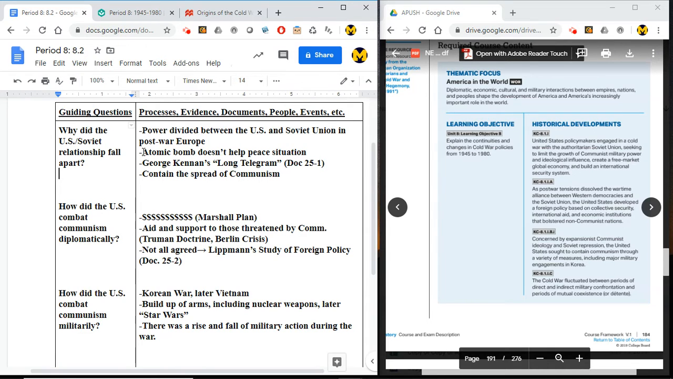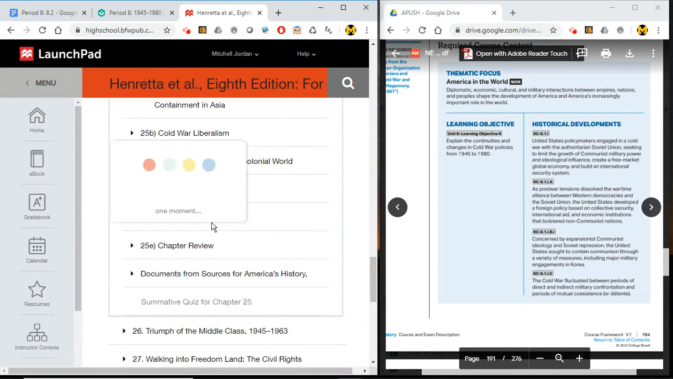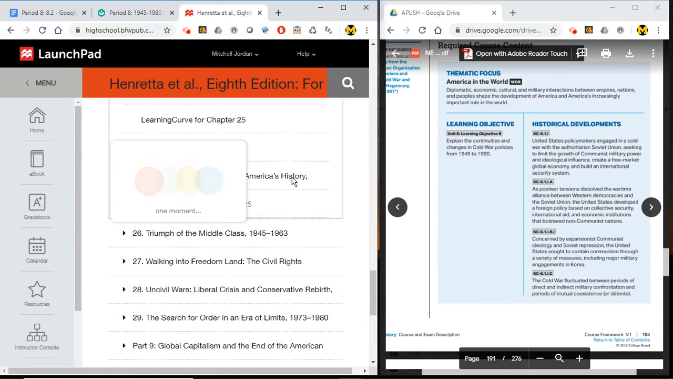So, in terms of documents that we're looking at, there's a really good one in your book that helps illustrate the falling apart of this relationship, and that's George Kennan's Long Telegram. That's a document you should know. It'd be a good piece of evidence to use in an essay. You guys can read that telegram on your own, but in it, Kennan is describing the dangers of the Soviet Union, and it is very influential, much like